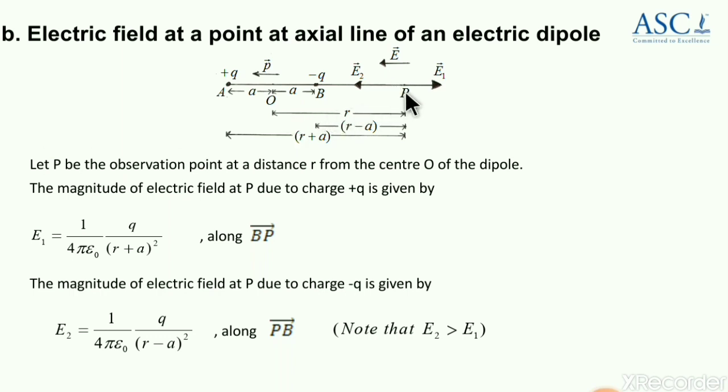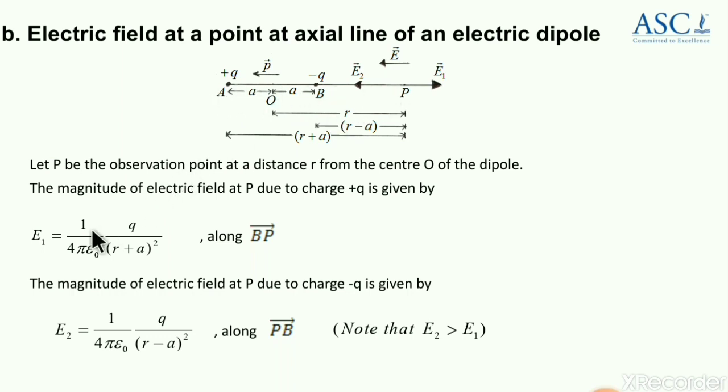Now to calculate the electric field at this point P, we have to consider the individual charges and calculate the electric field, and then apply the law of superposition for the electric field and add vectorially. Together you cannot do it; you have to take the electric field one by one due to individual charges. That is what I have mentioned here. See here, E1. What is this E1? It is the magnitude; direction also I will tell you. First learn the magnitude of the electric field at point P due to charge plus Q.